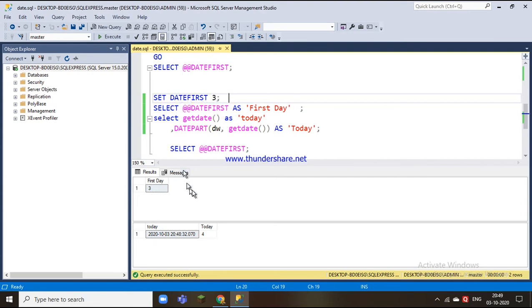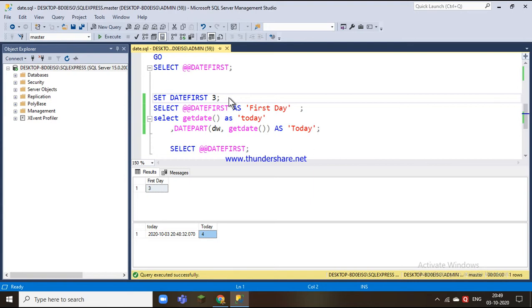Today is Saturday. Wednesday is 1, then Thursday, Friday, Saturday, so today's weekday is the 4th day. The week starts with DATEFIRST, Wednesday becomes day 1, and Saturday is the 4th day of that week.